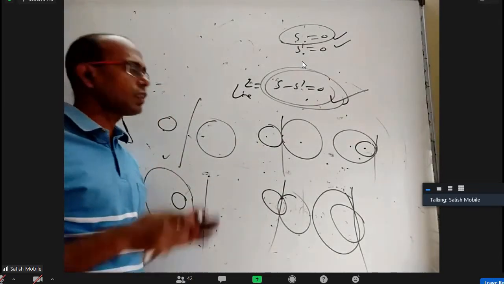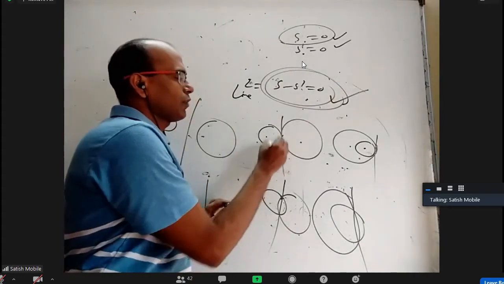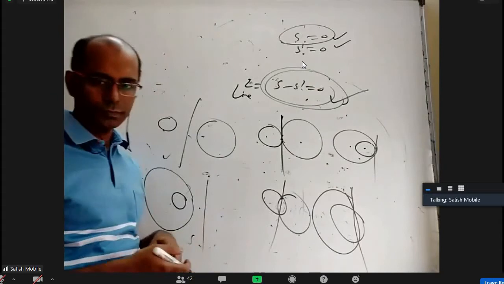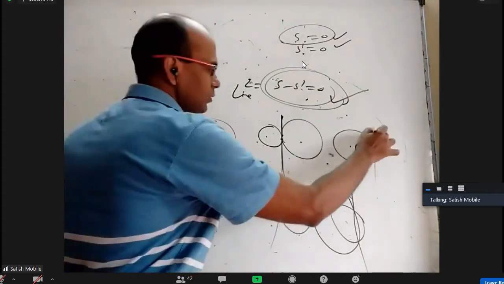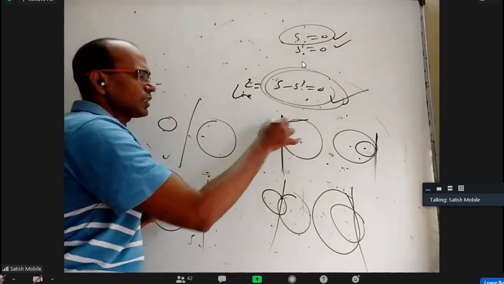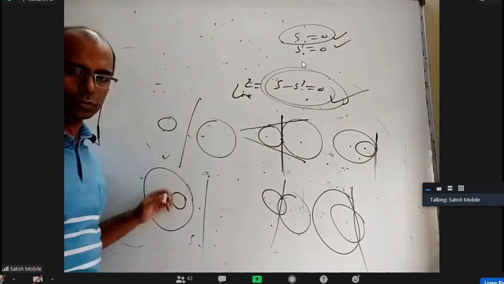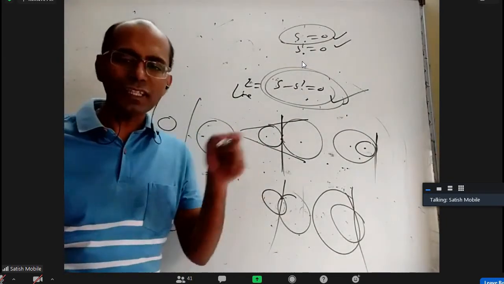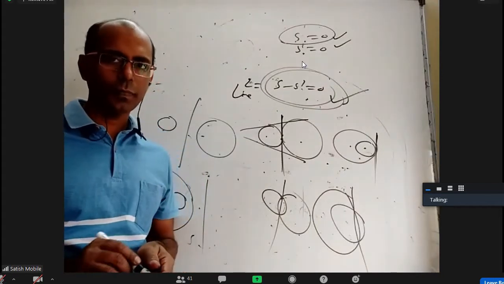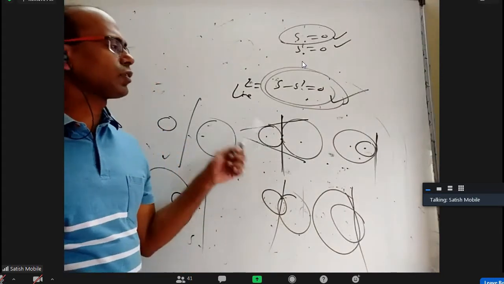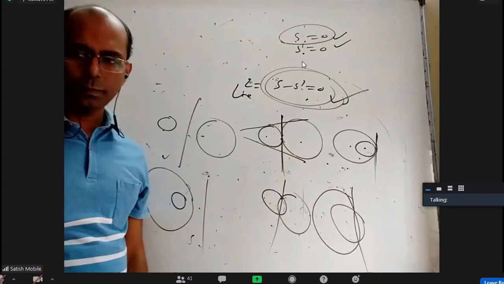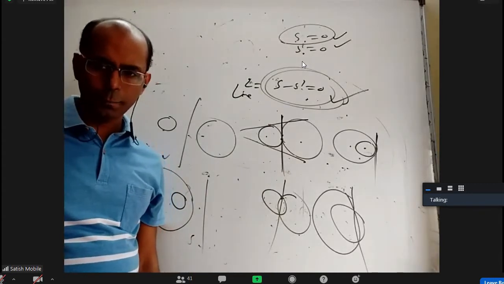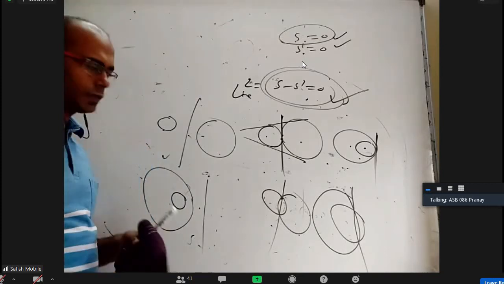Whatever it is, if they are touching, how will you find the common tangent at the point of contact? Simply subtract, you will get it. Here also, simply subtract, you will get it. This may have two other tangents, for which we have methods like the center of similitude. But the tangent at the point of contact can be found by simply subtracting. Is it clear, everybody? Yes, sir. Yes. Okay.